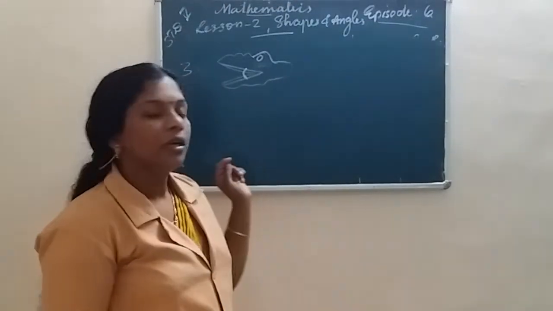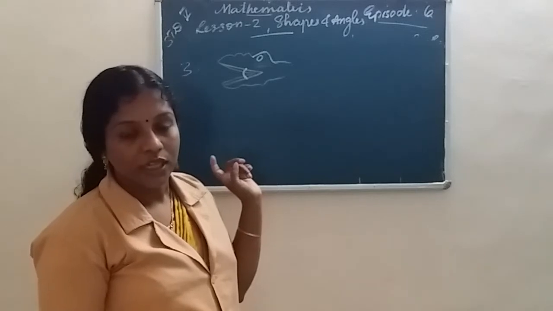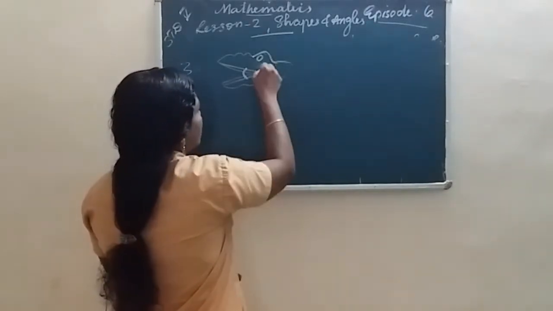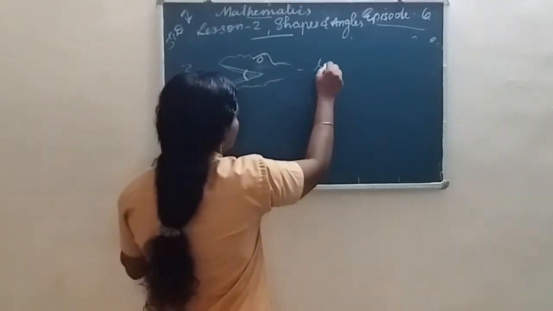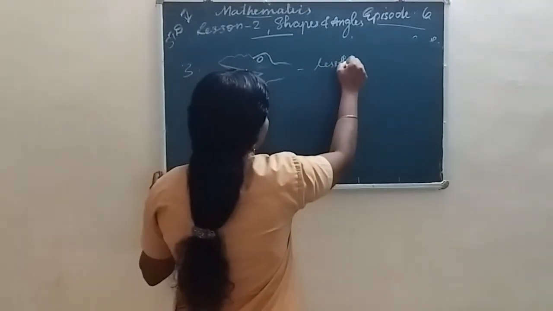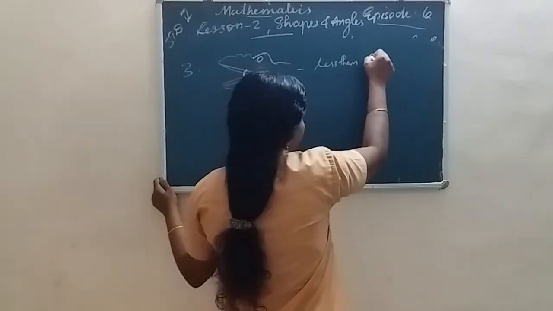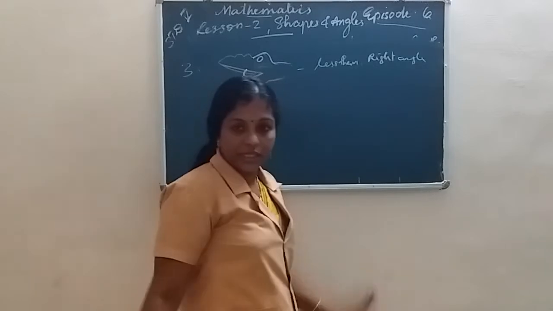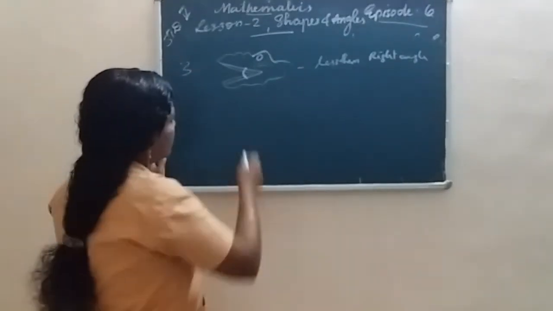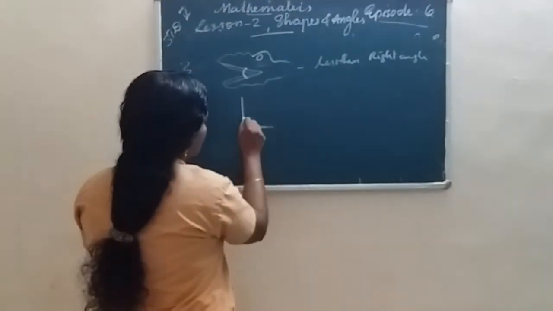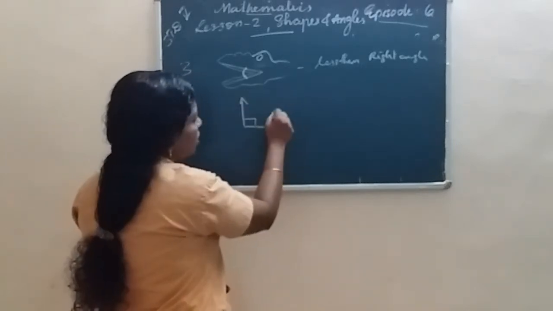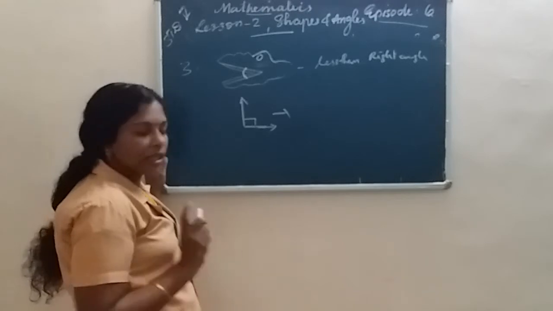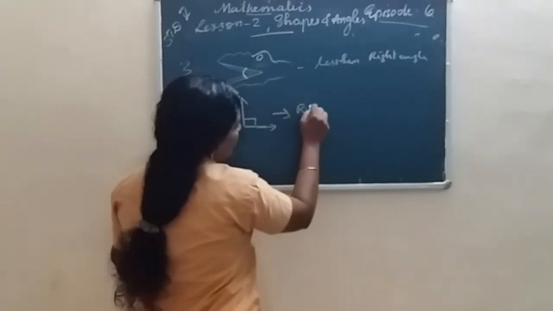Sir, acute angle. That is less than 90 degrees, so less than 90 degrees or less than a right angle. It's less than a right angle. Right? Is it? Yes. Now the next one. Which type of angle is this? Say, L shaped. So you already know that. What type of angle is this? Yes, right angle. Right angle.